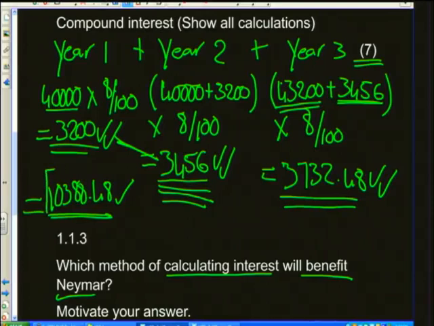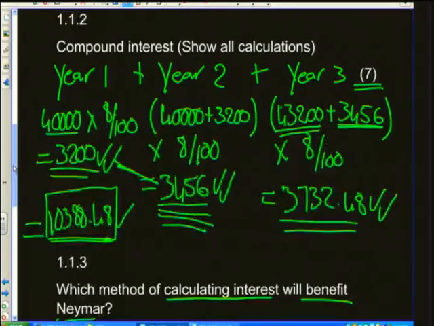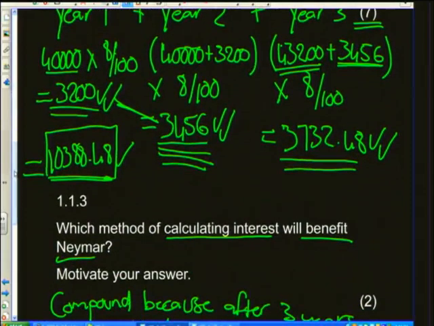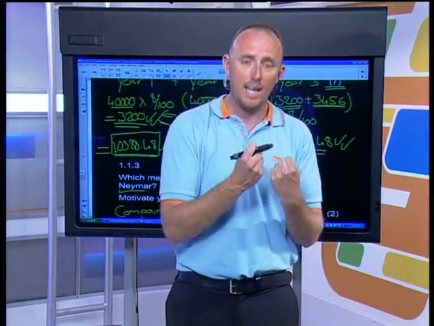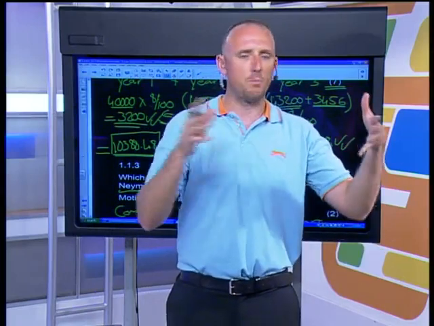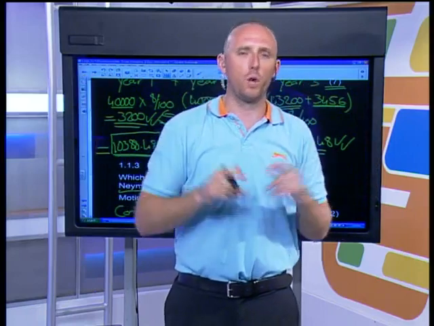And that is why we end up with so much more interest compared to if we do simple interest, because we're not earning any interest on that. Our interest stays the same for the 3 years. Each year, we earn 3,200 Rand in interest. When we compare to compound interest, we're earning interest on top of our interest, which is a nice thing. That's what we want. That's how we grow our money. That's the nice thing about compound interest, that your money is growing on the money that you've invested already. Where simple interest, your money is just growing, but it's not growing on what you've earned already.